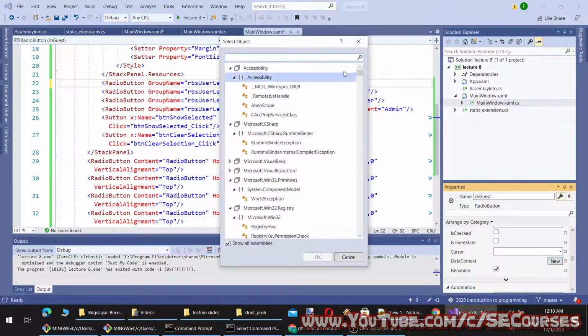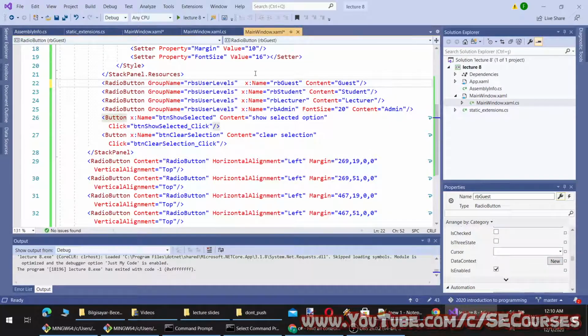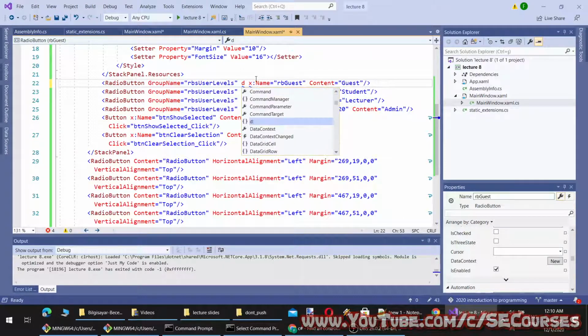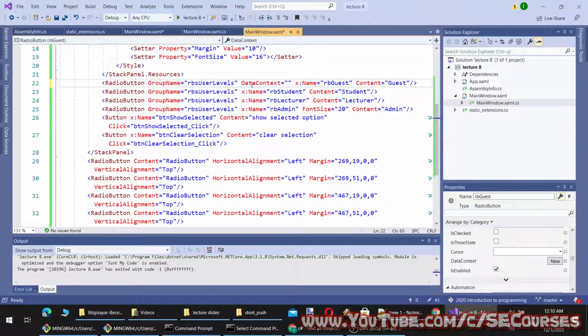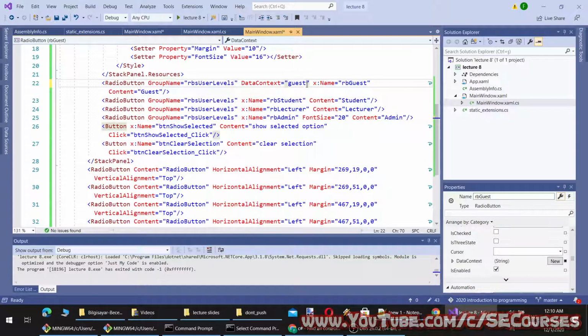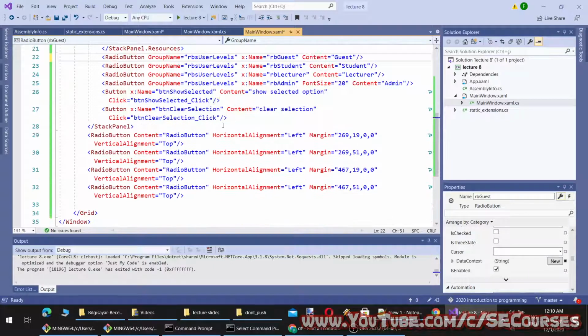I think it is this one or something like this. Data context, that is data context and content. So data context is a property, and I will use the data context for these new ones.